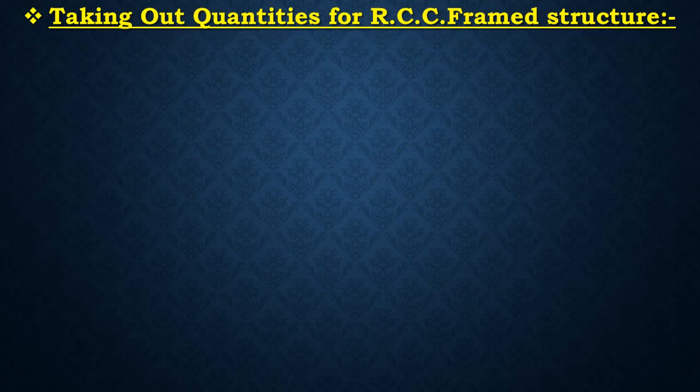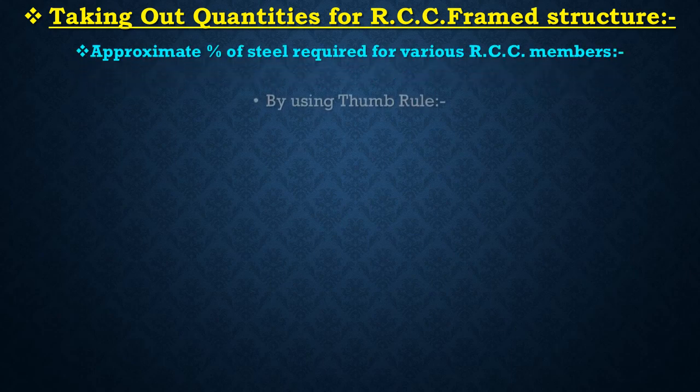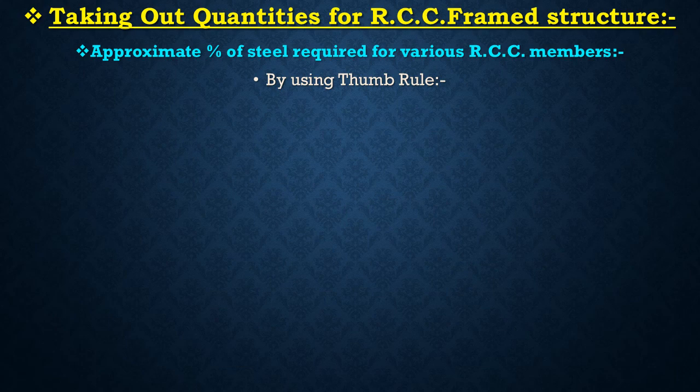There are different methods for estimating the quantities of reinforcement, but two methods are used more. First, reinforcement estimation by using thumb rule, and second, reinforcement estimation by the accurate method which requires detailed drawing and schedule. But before we start, we need to explain exactly what the thumb rule is. A thumb rule enables you to calculate the solution using a simple mathematical formula and make smart decisions whenever needed.